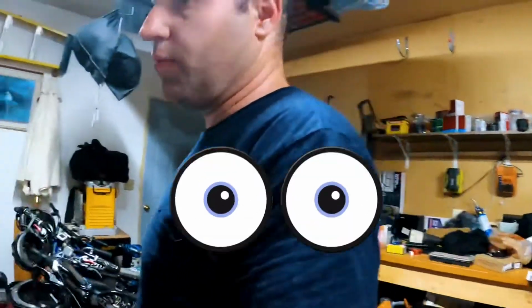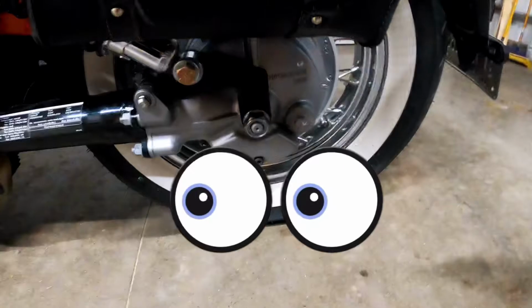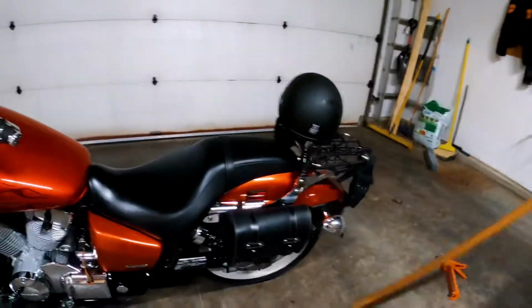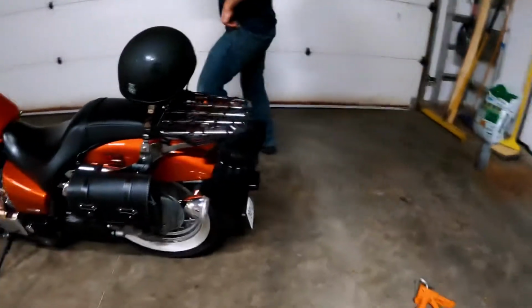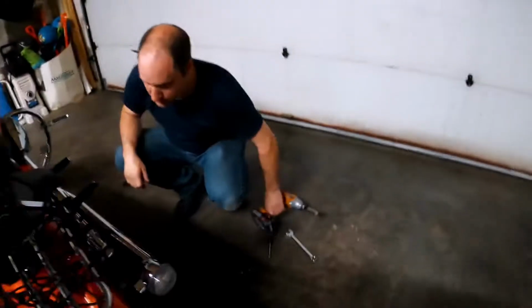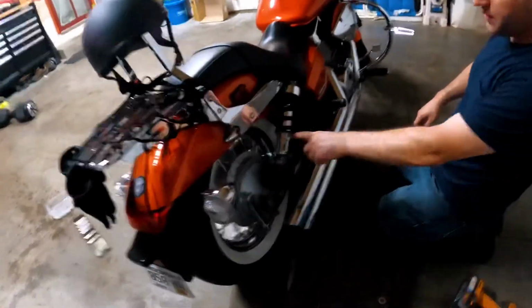So if we look at the bike right now, I think what we're gonna do is we're gonna crank these struts all the way up, get the maximum ride height out of this thing to start with. So this, you look right down here,